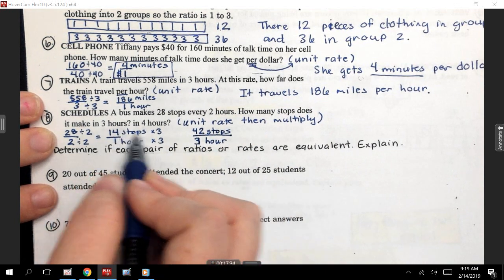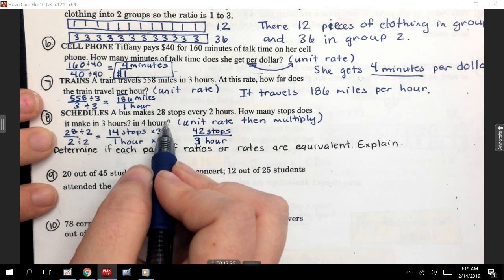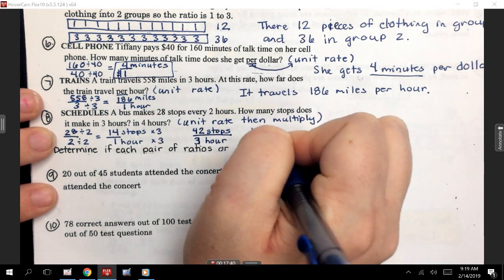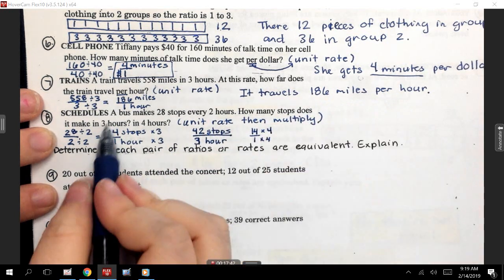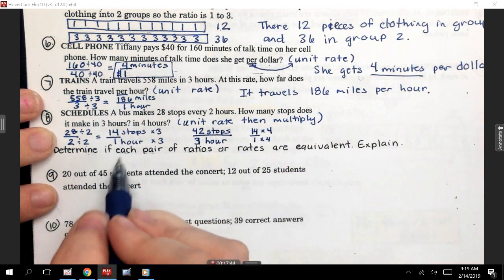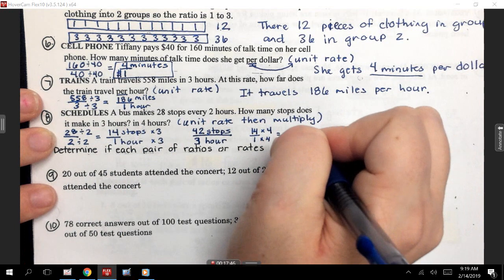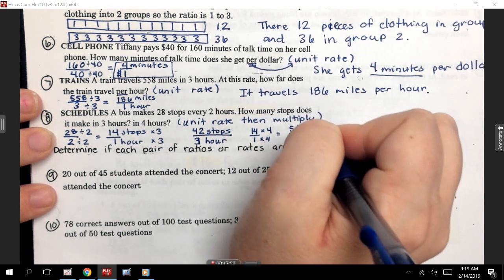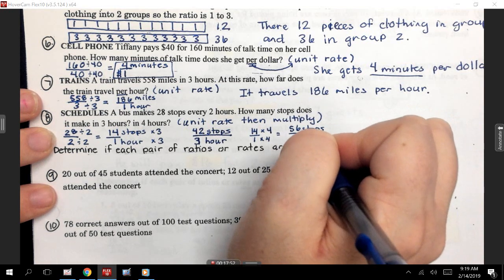All right. I also need to know 4 hours. So what am I going to do for that? 14 over 1 times 4. Do you see how I'm having to go back to that one with the 1 on the bottom? Times 4. 14 times 4 is 56 over 4. So that's 56 stops and 4